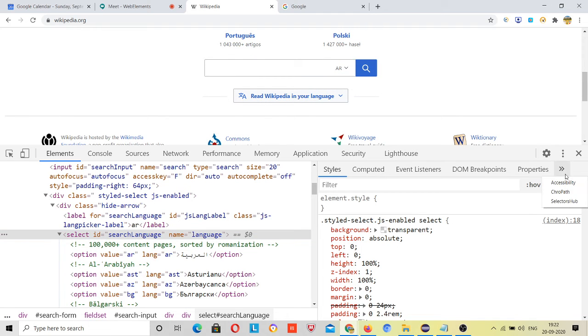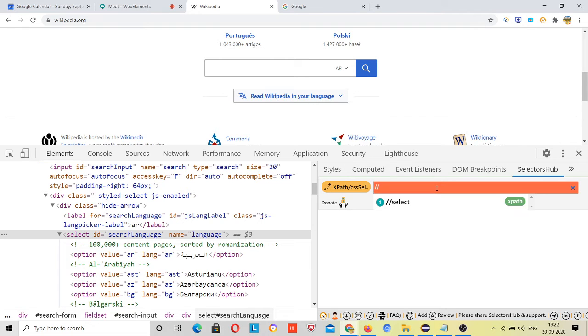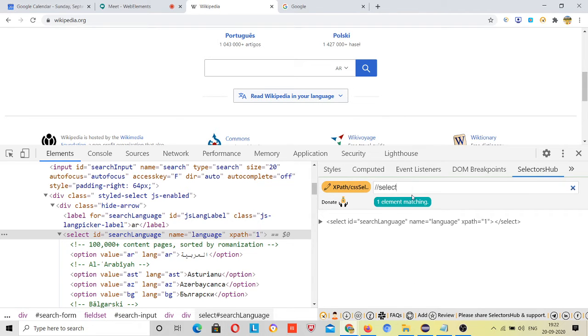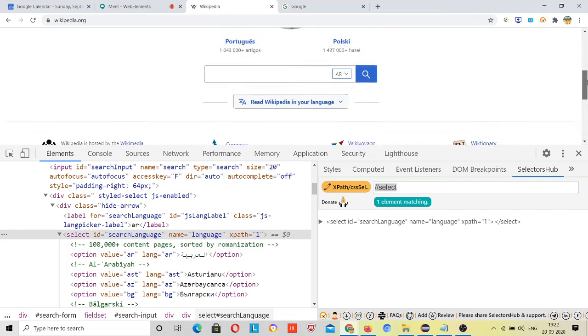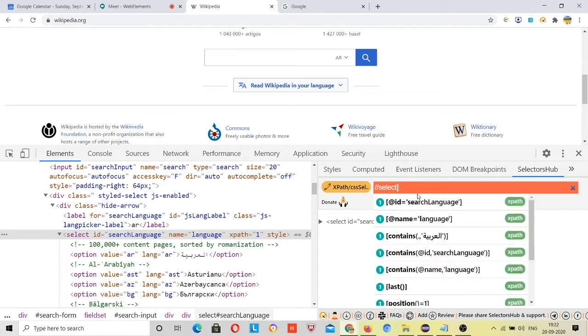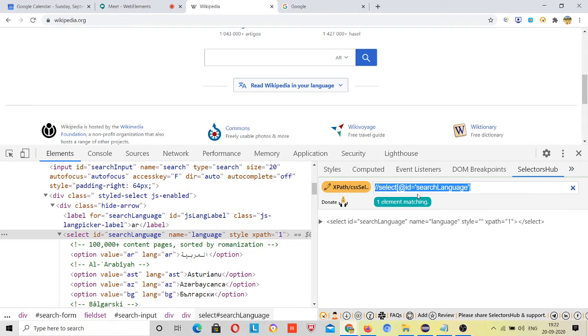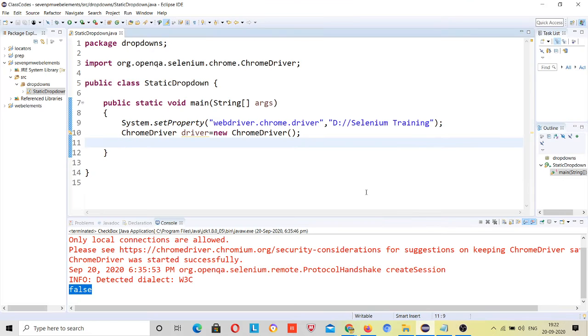We can also verify it using SelectorsHub. This is the plugin that I talked about yesterday. See, only one select element is matching, so this is also a correct XPath. Don't hit on this, but it might be that in this website hundreds of dropdowns are present, and then this will be wrong, so you have to uniquely identify it. Currently it's also correct because there is only one present and one element matching, right? But there is a better way to write all the XPath, and this will come in practice also. I will copy this and locate this.